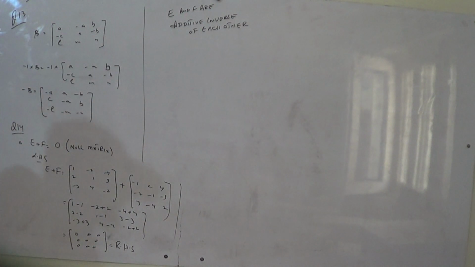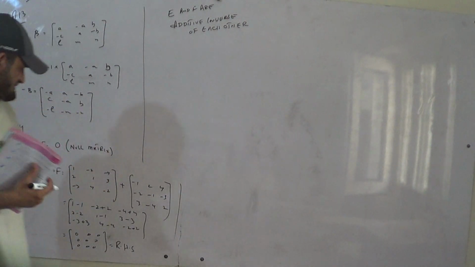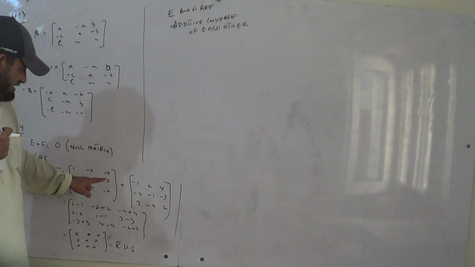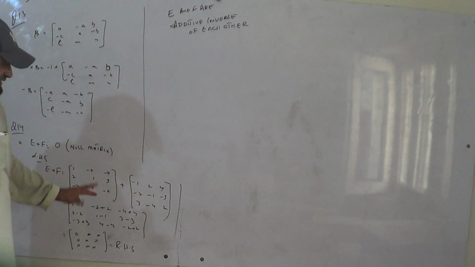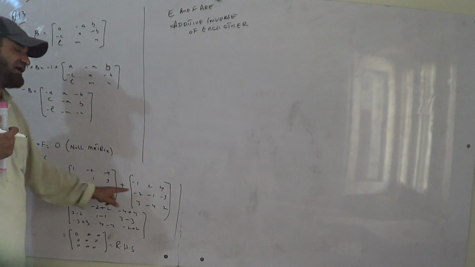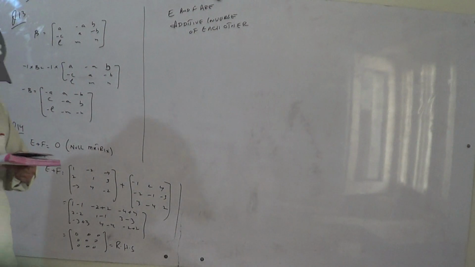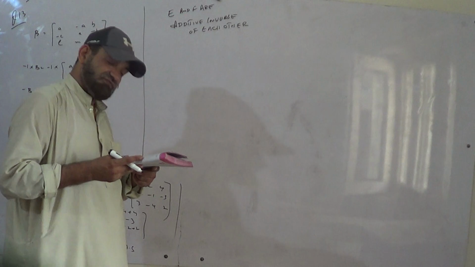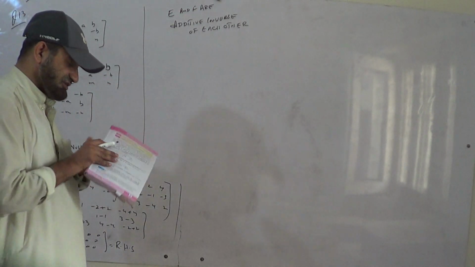The shortest way, if this question comes in the objective or in the blanks: see, this minus 1 will be a plus 1, this minus 2 will be a plus 2, this minus 4 will be a plus 4, then these are additive inverses of each other. Same in question number 14, part 2 and part 1, also additive inverses of each other.